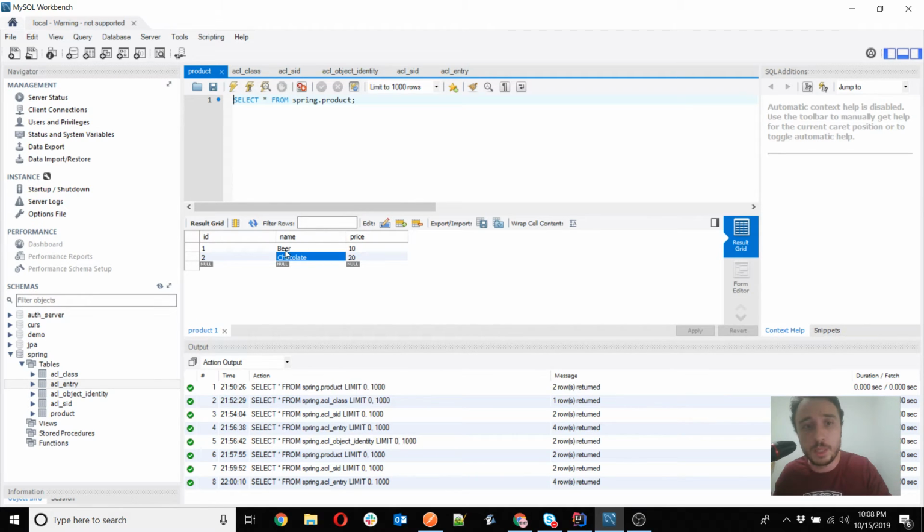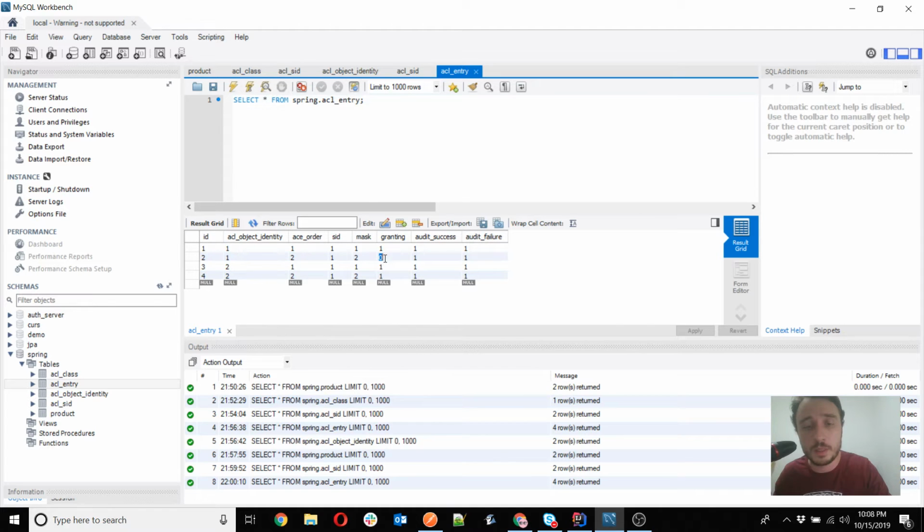So the beer cannot be written by the first user. That means that this 0 here is unauthorizing the write permission for object 1. So that actually means that user 1 can't write the beer, and because the write operation can't apply to the beer, and